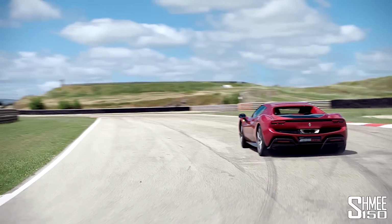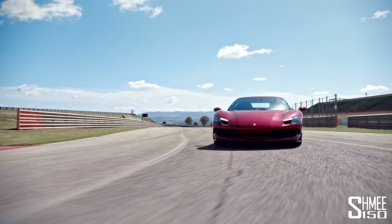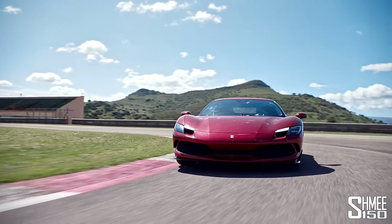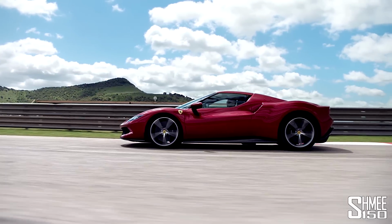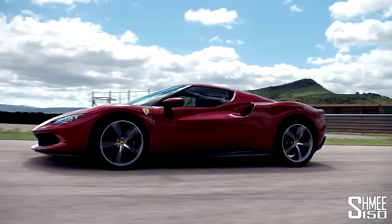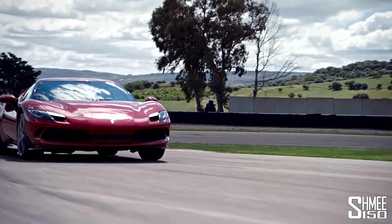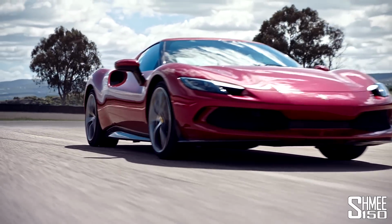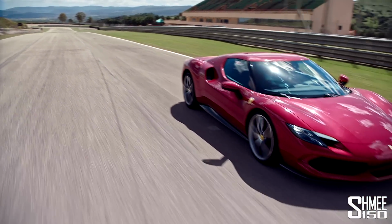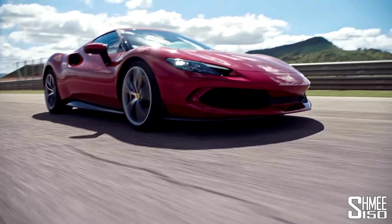Now, Ferrari have quite some history with V6s if you go back to the 50s and 60s, and of course since 2014 they've been racing in Formula 1 with the hybrid turbo V6s as well. But the upshot of that much power and the 740 newton meters of torque, going up to 8,500 RPM as well, by the way, quite a screaming red line, is that you get a 0 to 100 km/h time, 62 miles an hour, of just 2.9 seconds,